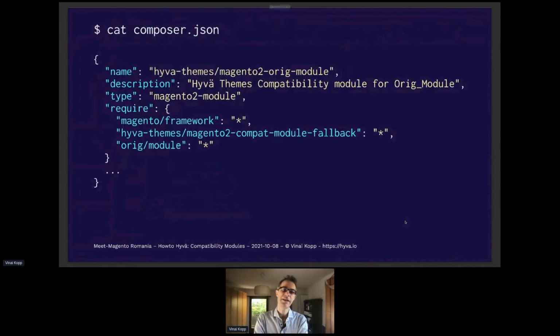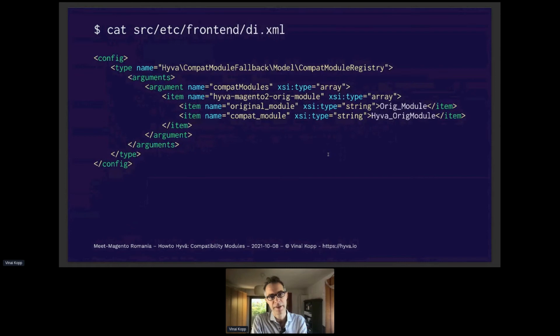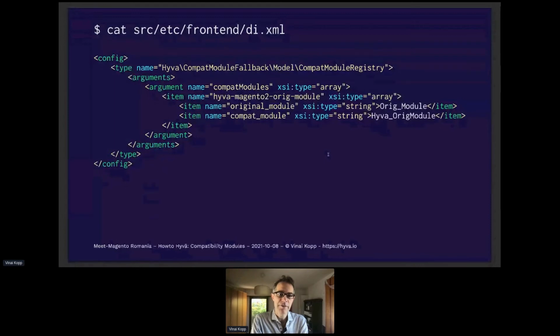So in the composer.json file, we have a dependency on the original module, right? So that would be the module that this compatibility module is for. And there's also a dependency on Hyvä theme's Magento 2 compat module fallback. And that's basically what gets used by this di.xml boilerplate. That's what's in there in this etc frontend di.xml, right? So here, some constructor arguments for a